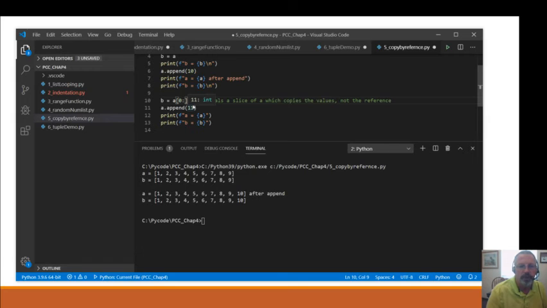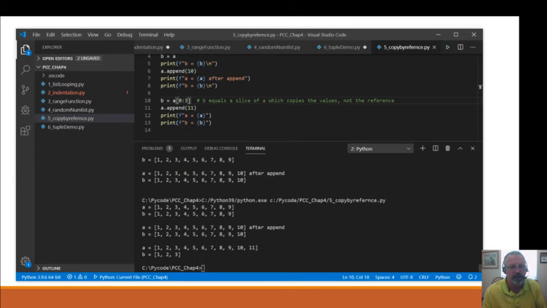So we'd go 10. B equals A 0 through 10. You're taking a slice. This is called a slice because you could say B equals 1 through 3, or 0 through 3, and then it would have 3 items, 0, 1, and 2. So let's go ahead and run this and see what that looks like. You can see that B equals only the first 3 of them.